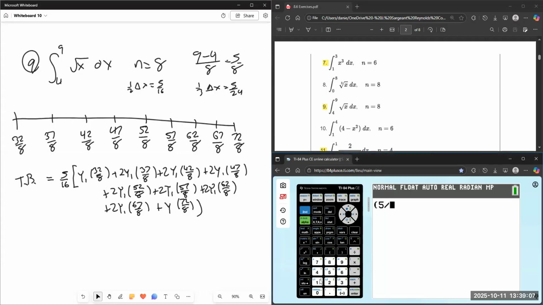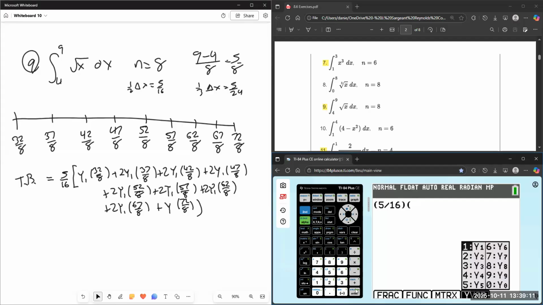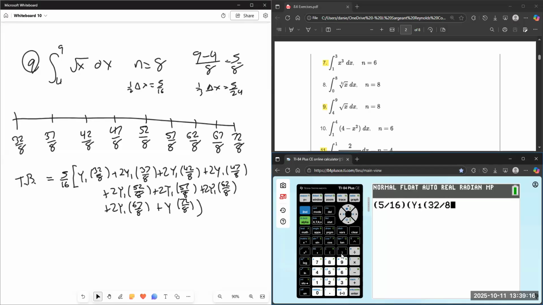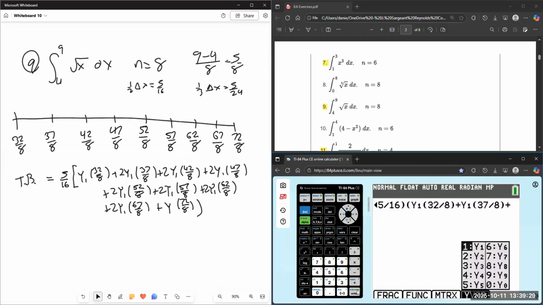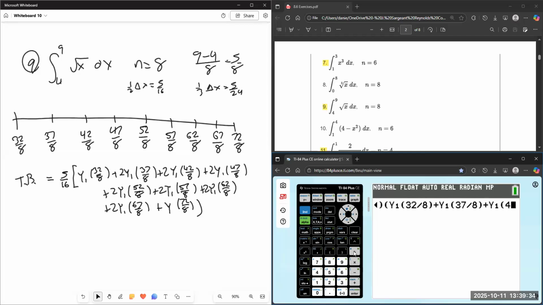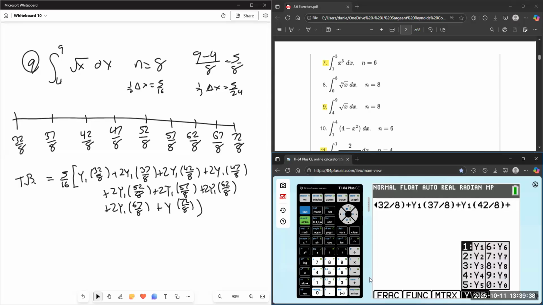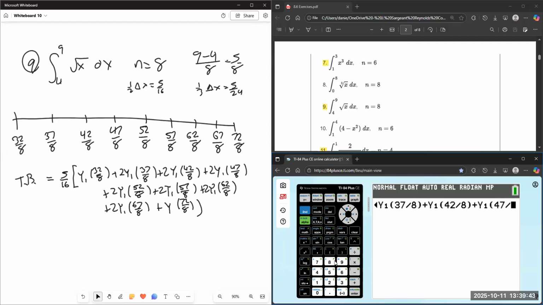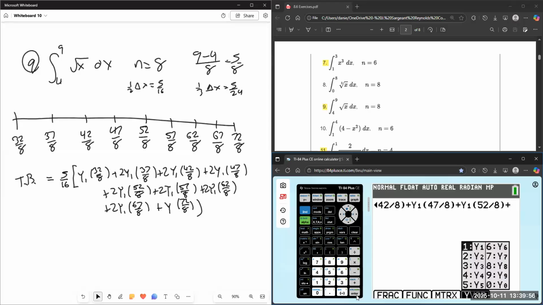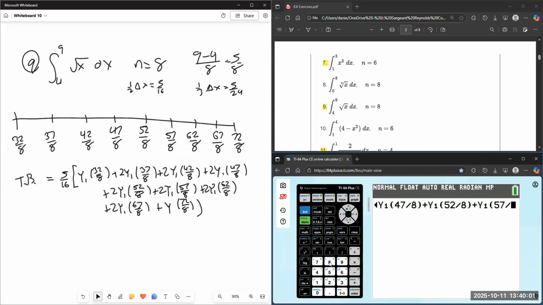This is 5 over 16 times y1 of 32 over 8 plus y1 of 37 over 8 plus y1 of 42 over 8 plus y1 of 47 over 8 plus y1 of 52 over 8 plus y1 of 57 over 8 plus, oh, I forgot my 2's,